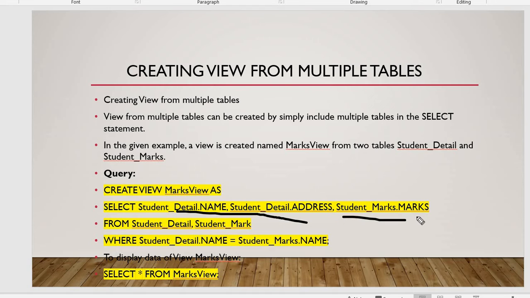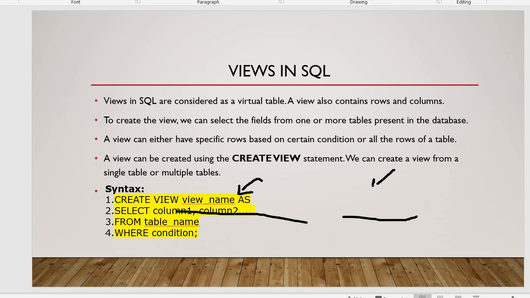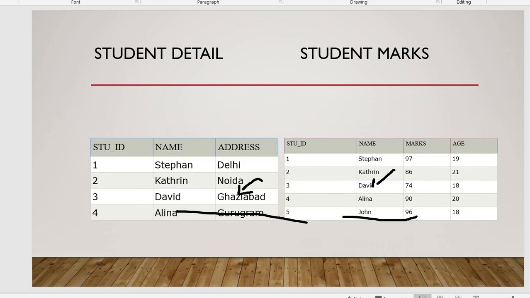Name and ID will be identical here, and I want the name and address from this particular table, and I want marks from the student marks table.